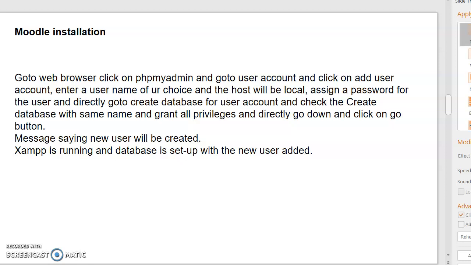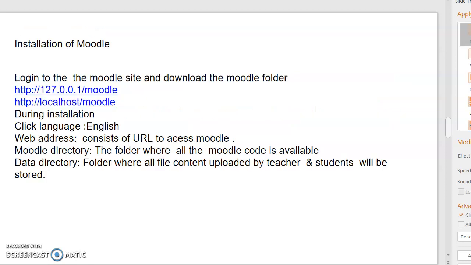Assign a password for the user, then go to create database for user account and check create database with the same name and grant all privileges, then go down and click on the Go button. A message says the new user has been created. Now XAMPP is running and the database is set up with the new user.